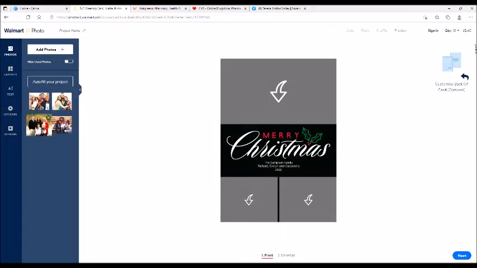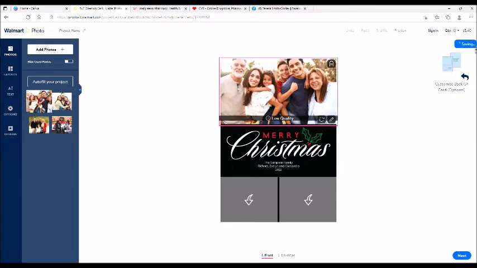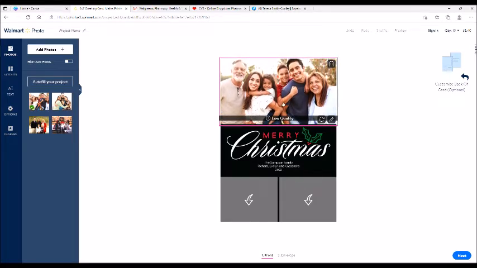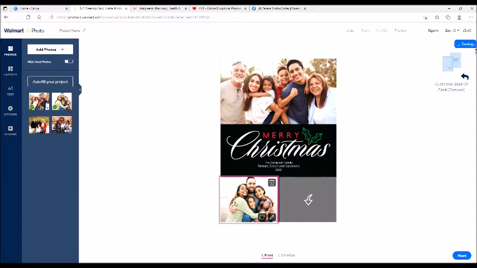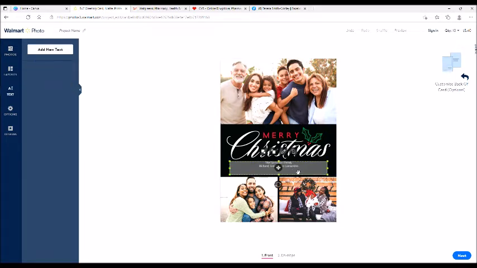And then we can select whatever photos we want. So select that square, and we're going to get this photo and put it here, and we're going to drag it down because we don't want to cut off anybody's head. And then we're going to select this photo down here. We'll do this one, and then this photo we'll do this one. Okay, and then you would change the information here, the name of the family, and then the names of the individuals. It's going to fit your family, and then we tell it next,